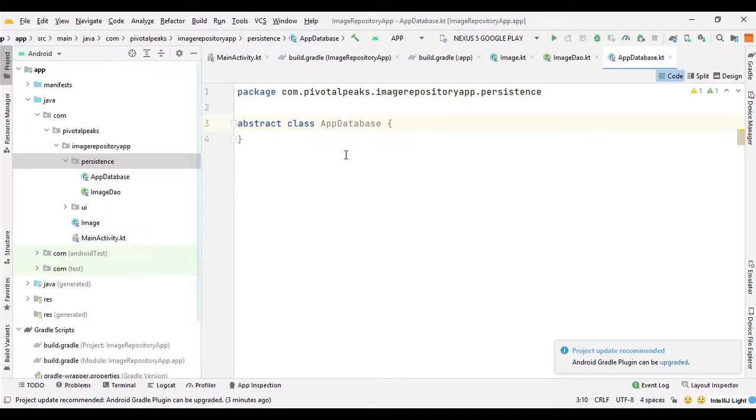And Room will map the database object to Java objects. Now we need to extend this class with RoomDatabase. So here we can say colon RoomDatabase.